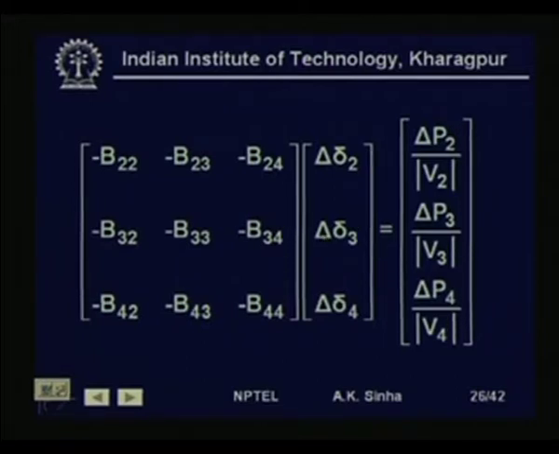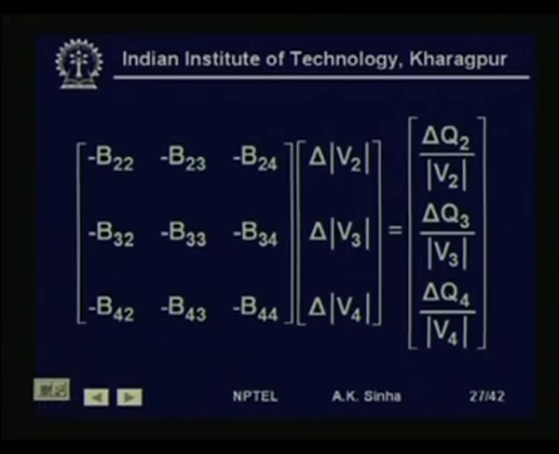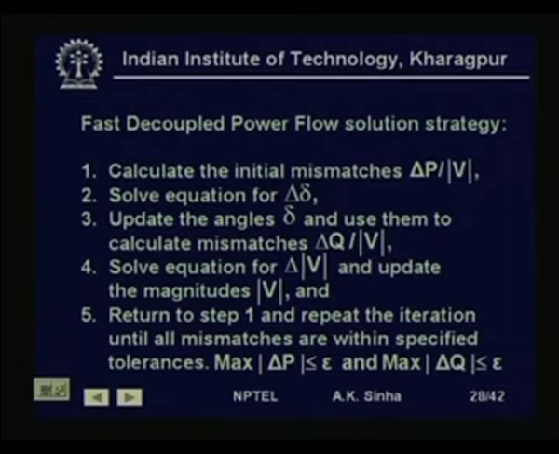We can store the factors of this matrix, or triangularized matrix, and use them in each iteration. This considerably reduces the computational requirement for this method, and this is why it is called the fast decoupled power flow method, because it is much faster and it uses a decoupled relationship, that is, P delta and Q V relations are decoupled: P is decoupled from V and Q